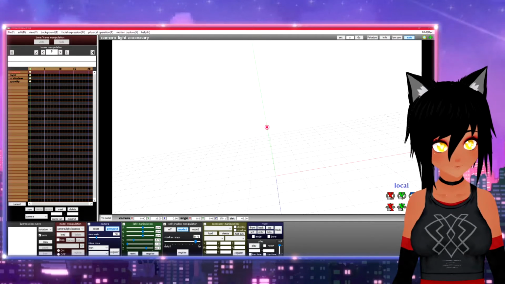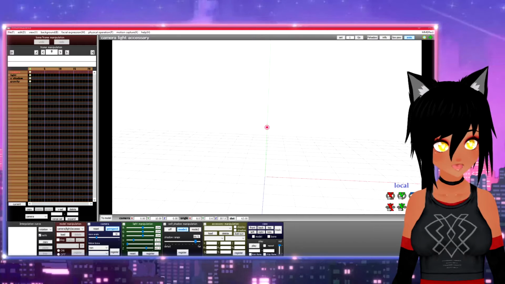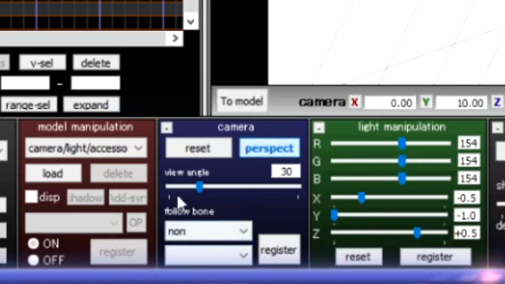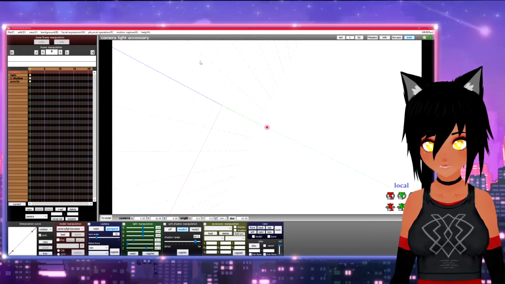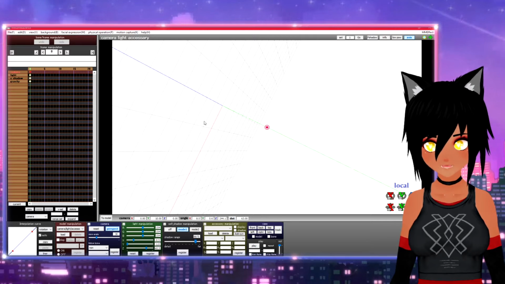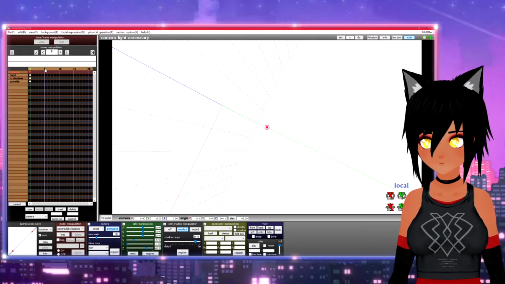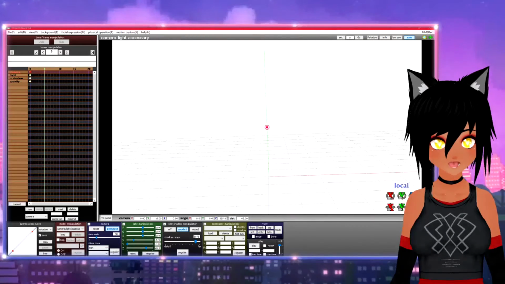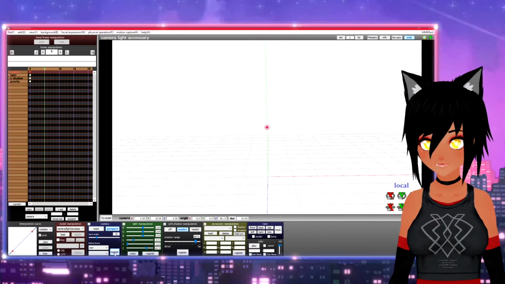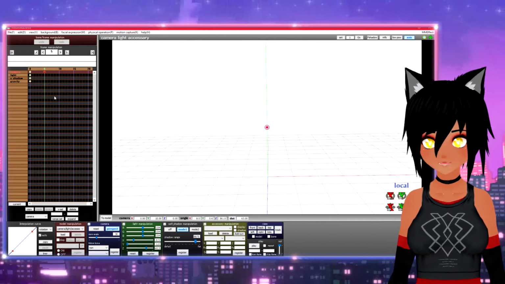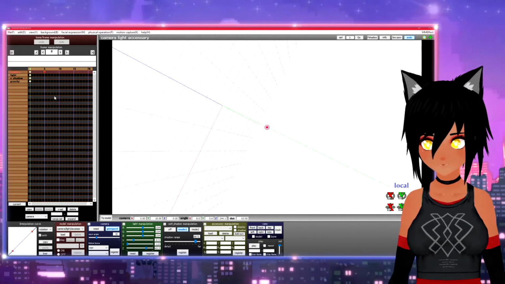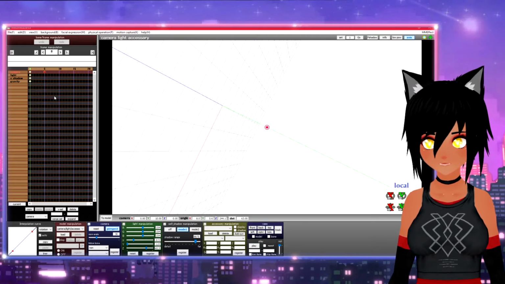And then if you want to save it, like, okay, this is how I want frame 0 to be, you would come down here and click register. It would register this orientation of the camera on frame 0. And then you come to frame 5, and then maybe make it normal, and you just click register again. Then if you use the arrow keys on your keyboard, you can see that it animated that little camera motion right there.